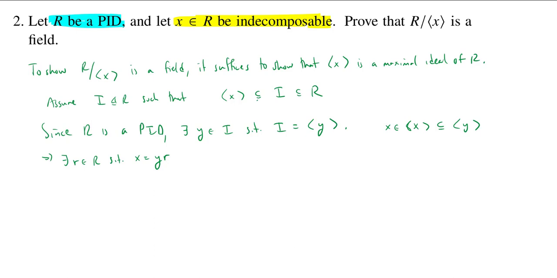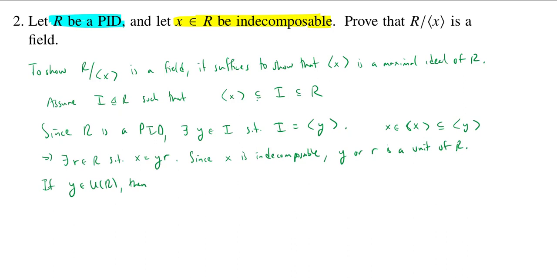All right, but we have just found a factorization of X in the ring R. So since X is indecomposable, then we know one of the factors has to be a unit. So Y or r is a unit of R. Okay, so there's two cases. So if Y is a unit of R,